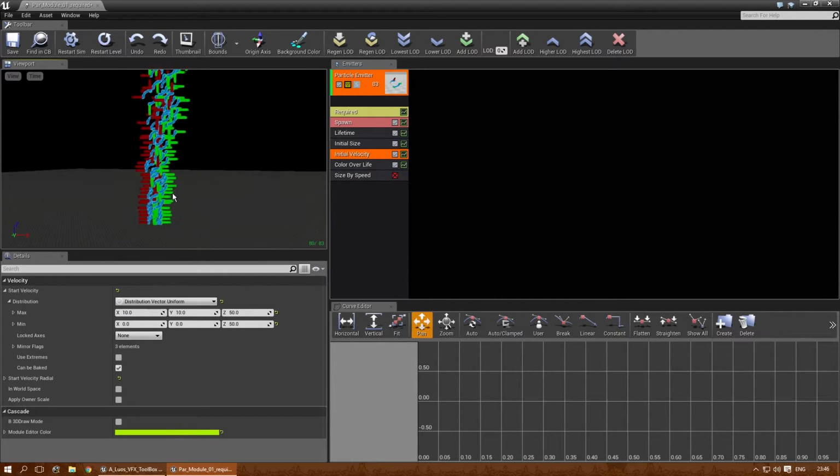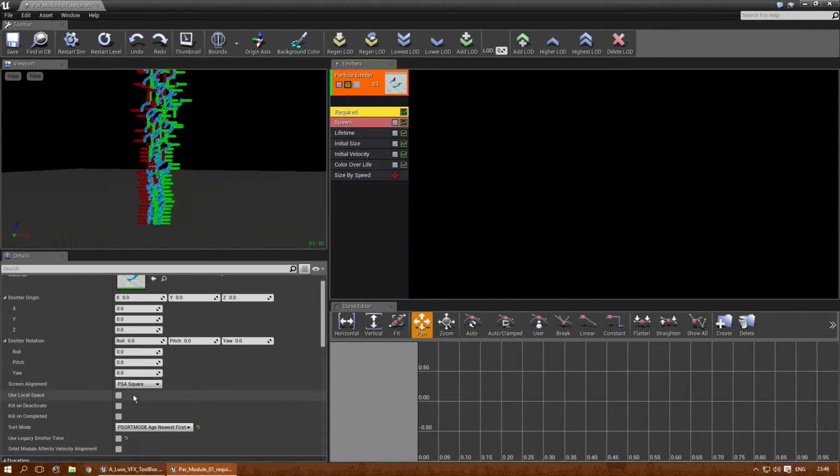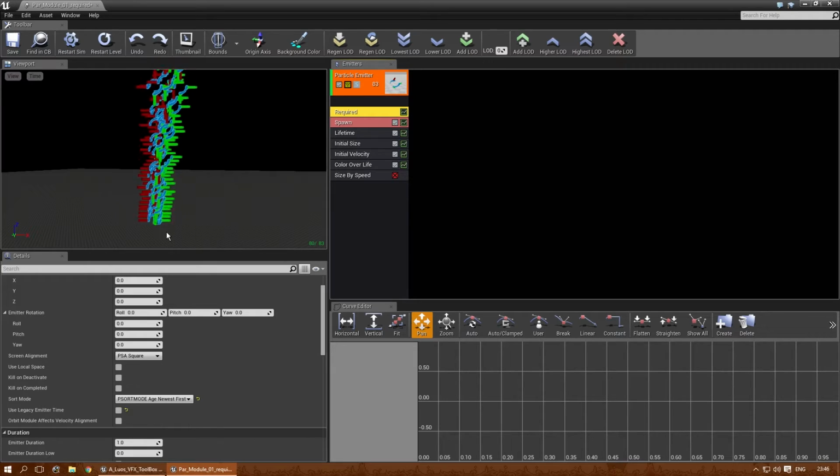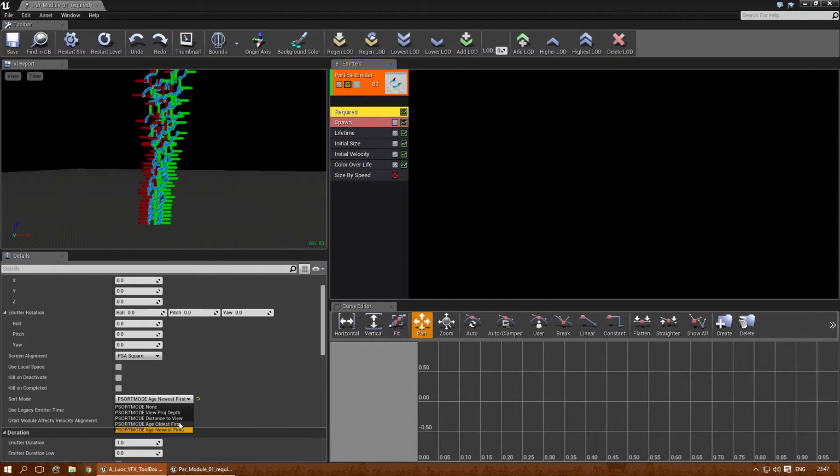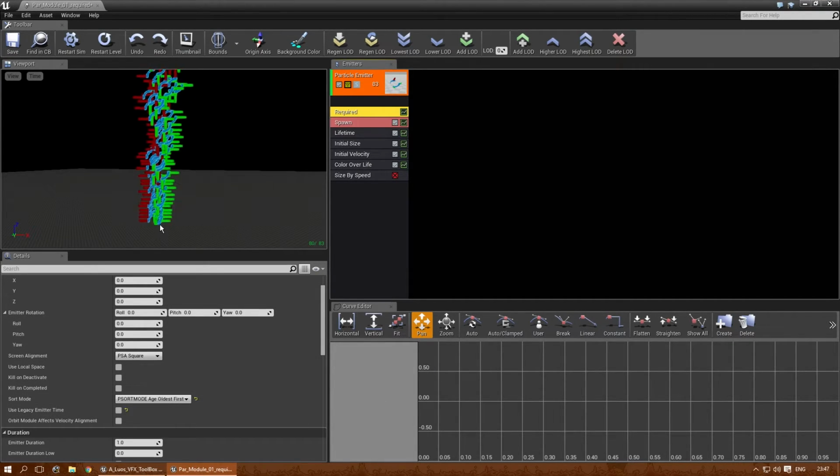Now, as you can see, there's a lot of overlapping going on. And if you go with newest first, then the particle that's emitted last will be up front. So that's the one you will see first. Everything that's older will be behind that one. The other way around is oldest first. That way the oldest particle will be seen first, and everything that's spawned after that will be behind that. This is actually quite handy for most smoke trails,